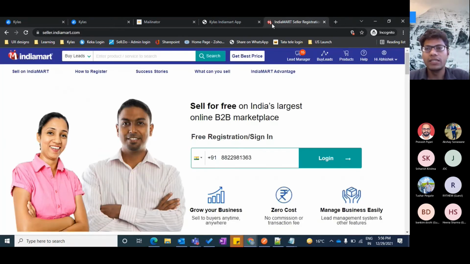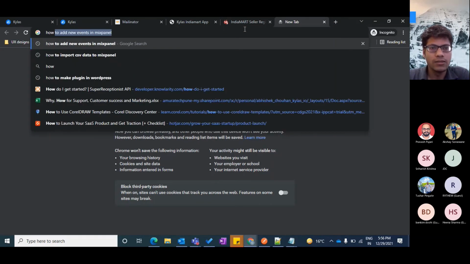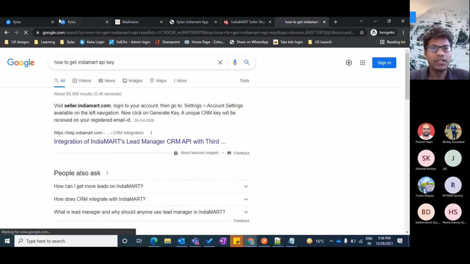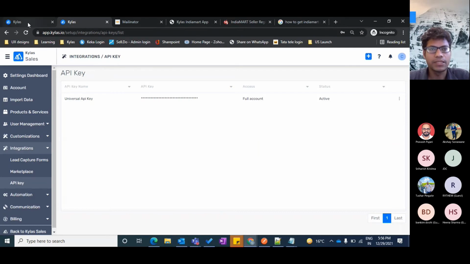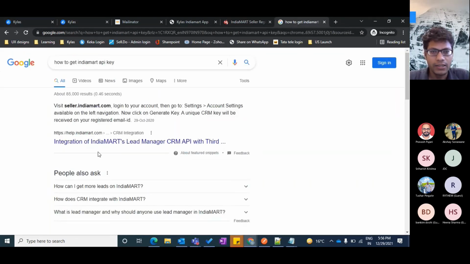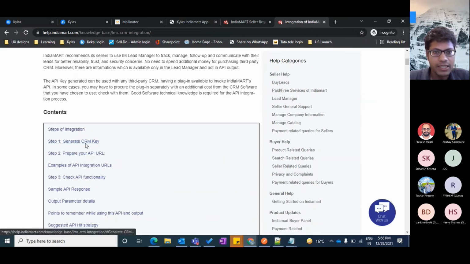So how do we get the IndiaMart API key? Simply, there is an article, and we have given the link of that article under the help section of this application also. So you can get that from here. You just open this and there is a generate CRM key.